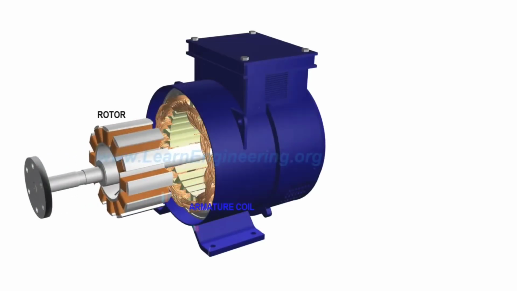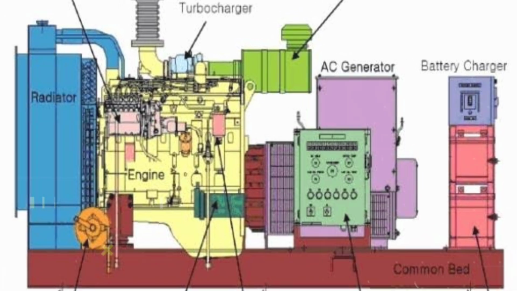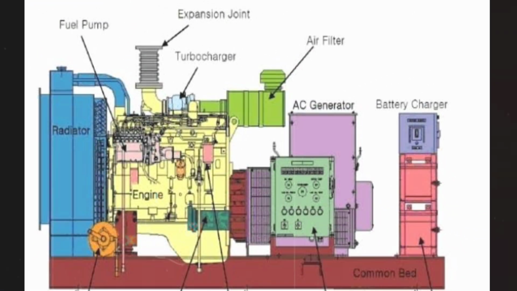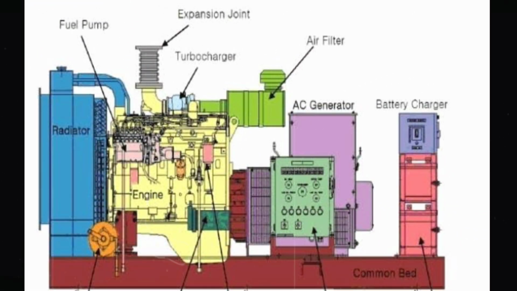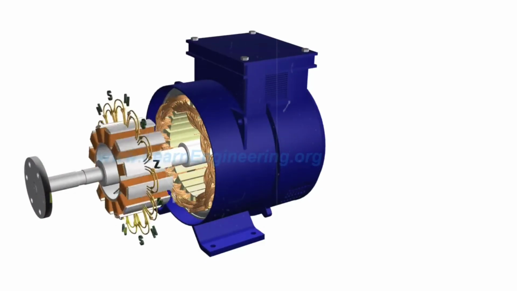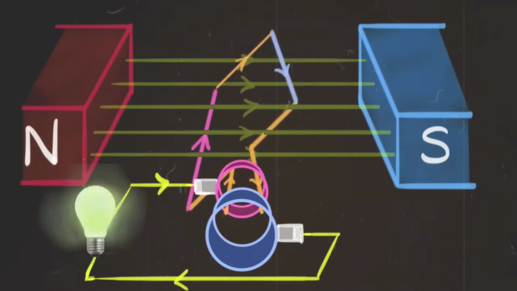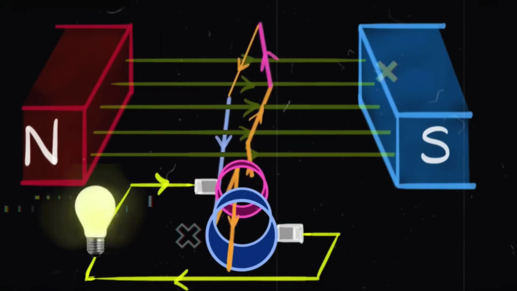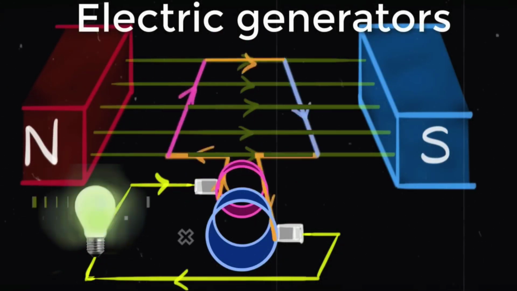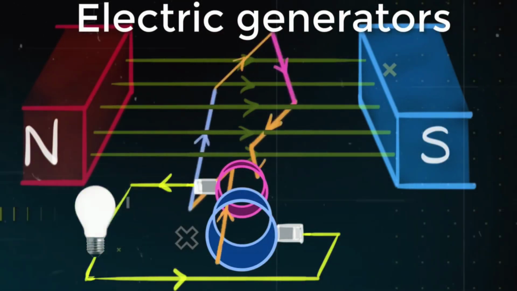To keep the generator running smoothly, it includes a cooling system to prevent overheating and an exhaust system to remove combustion gases. Regular maintenance is important to ensure safe and reliable operation of this process. So in summary, fuel powers the engine, which spins the rotor inside the alternator. This creates a magnetic field that induces electricity in the stator. That electricity is then regulated and supplied to your devices.